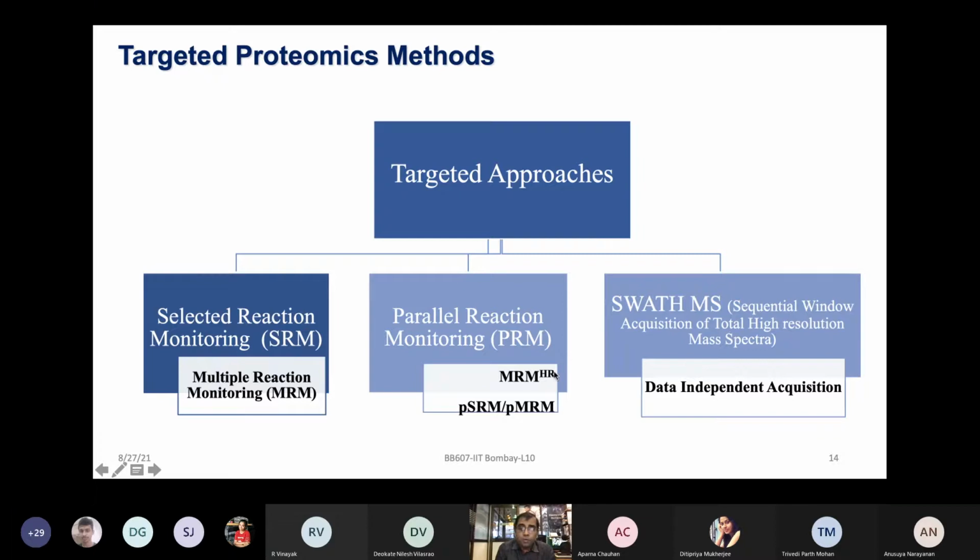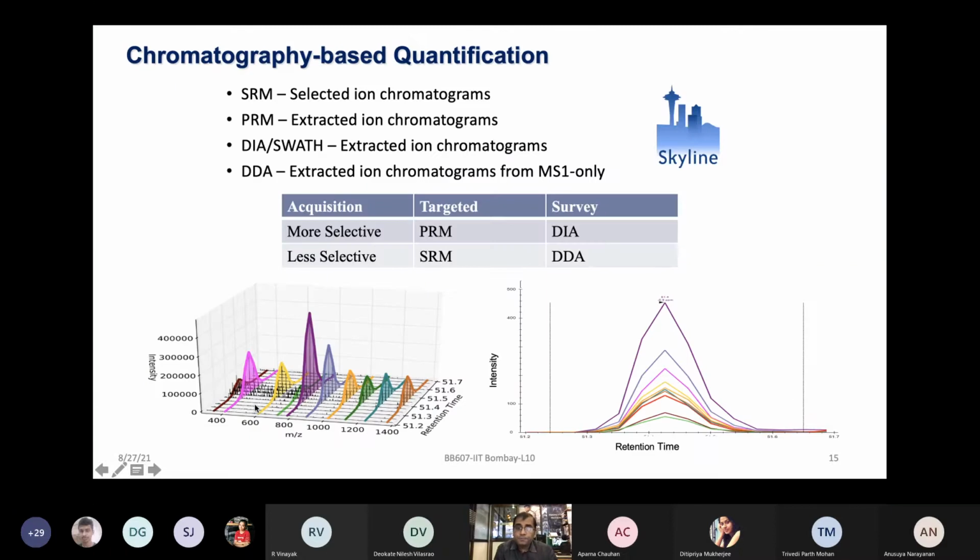This also becomes more vendor specific, like the Orbitrap configuration, and becomes more limited in nature. There are many vendors which have the triple quad mass spectrometer. This becomes a much more generic approach and a slightly more controlled experiment as well. So let's focus primarily on the SRM and MRM experiment.